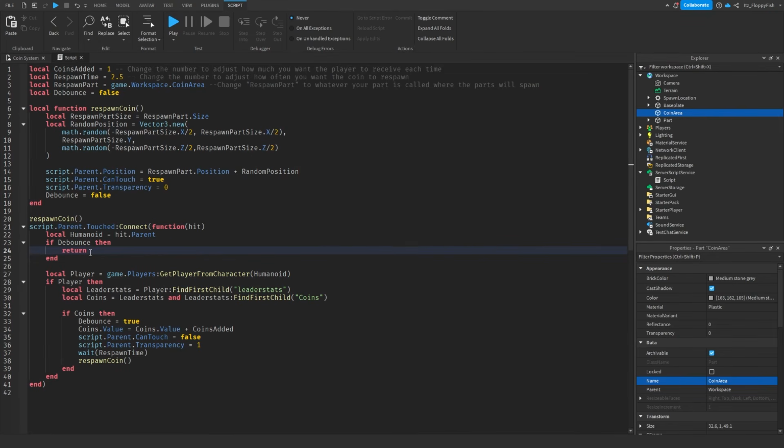Then here on line 23, it goes if debounce, then it's going to return it. So basically it's going to keep returning until there is no debounce, because if there is a debounce, that basically means, okay, no, we cannot yet collect another coin, and we cannot yet let that coin become visible. So it goes, if debounce then return, it's going to return it back. Then if there is not a debounce and the debounce is false, then it's just going to continue running,